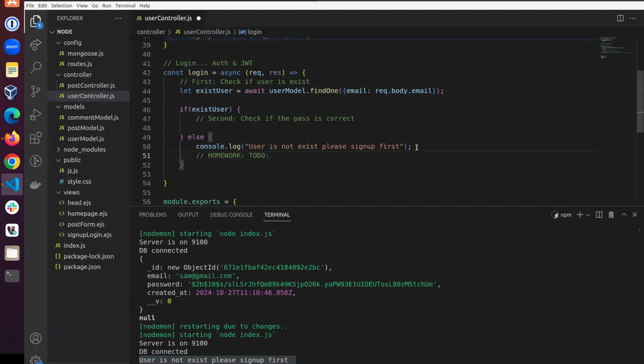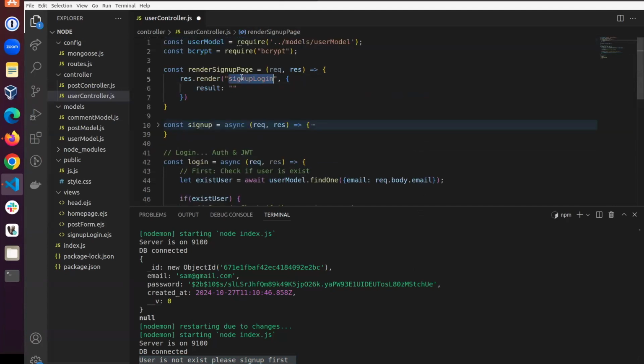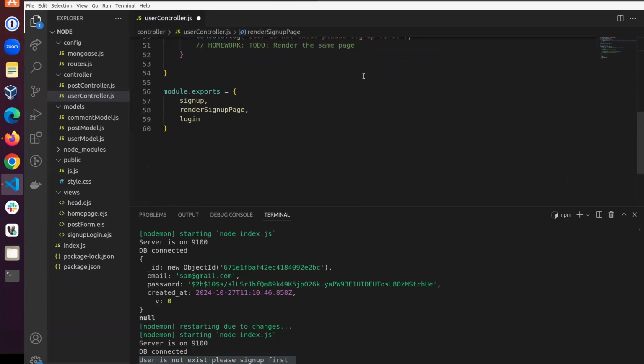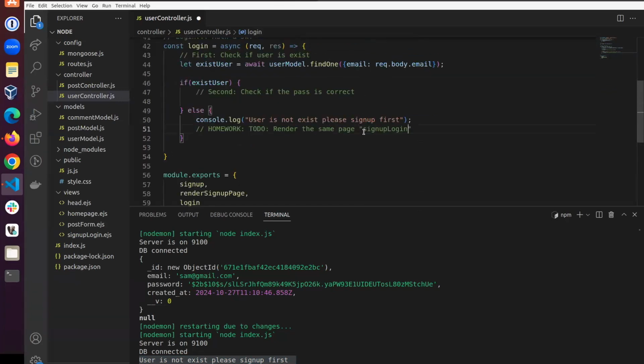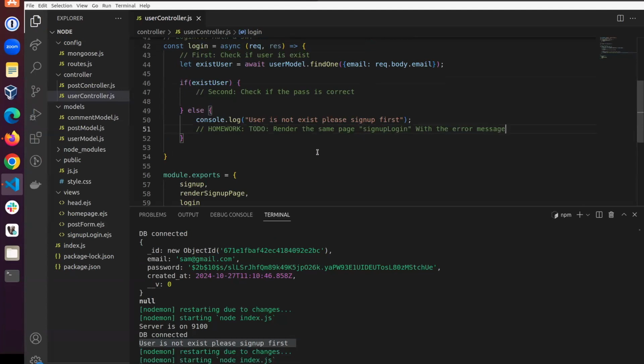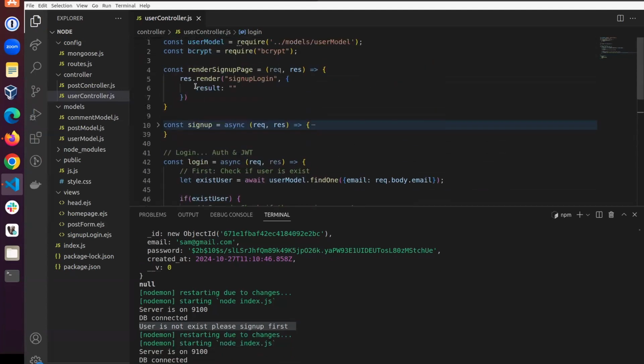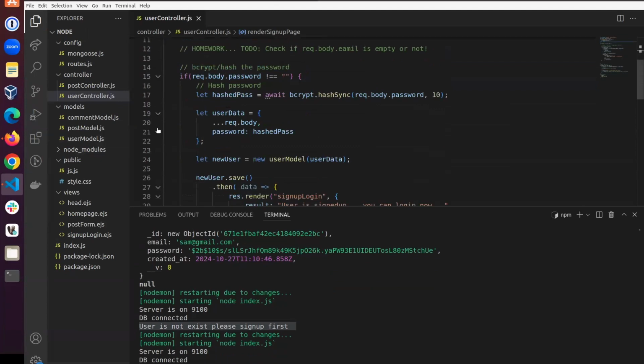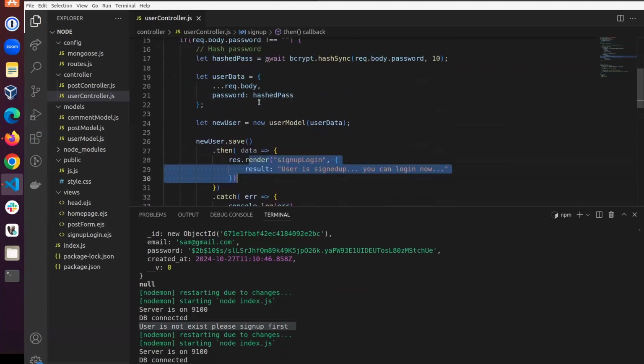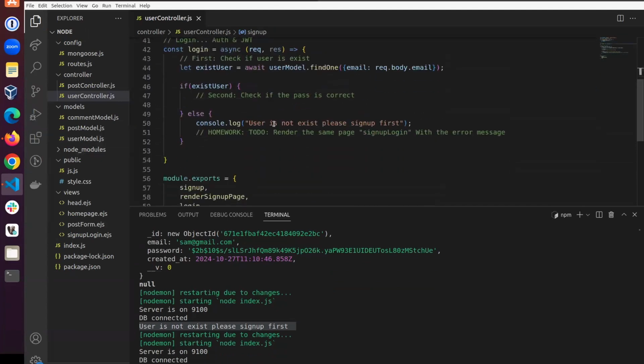What to do is render the same page, which is this page, sign up login, with the error message, which will be similar to this one, by the way, what we did here. All right, but if the user exists, we need to check the password. What I mean with check the password: we need to check if